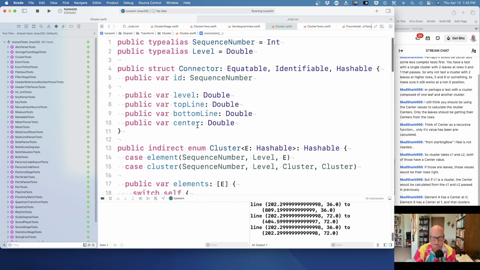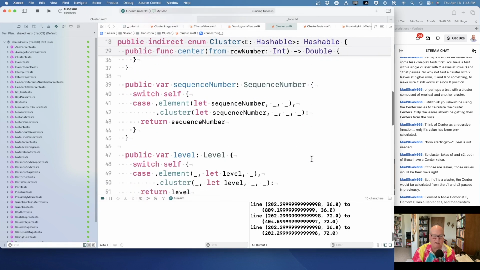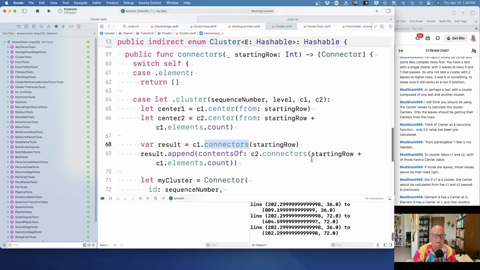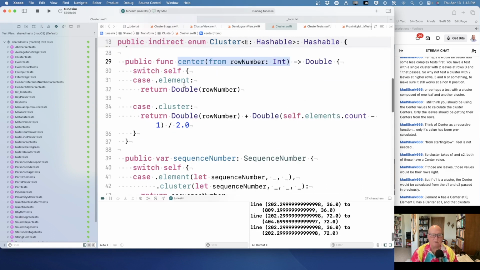If I knew my height was 0, yeah, that's correct. Element A is centered at 0, B at 1, because when you ask for the center of an element, it just gives you the row number. So yeah, there's row number returned back. When you ask for the center of a cluster,